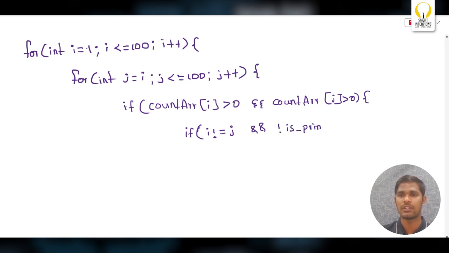I'll call the is prime function with i plus j. If i is not equals to j and i plus j is not a prime number, that means it is a valid pair. So I will print